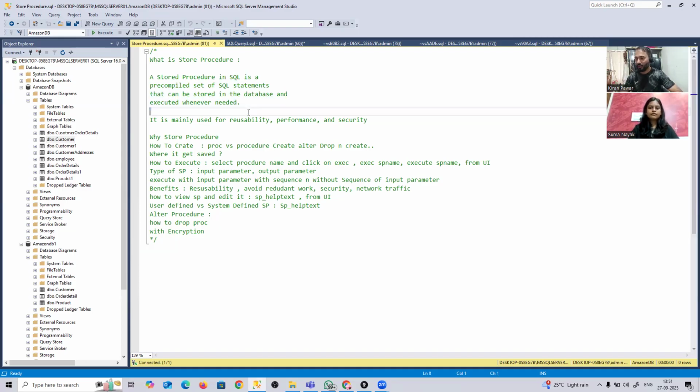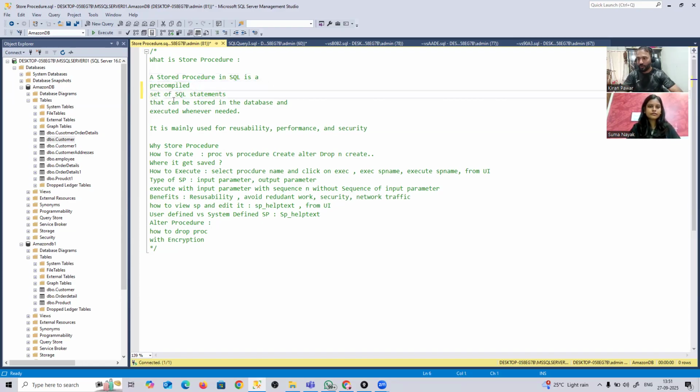You will understand everything. So a stored procedure in SQL is a precompiled set of SQL statements. What you should understand from this, just forget about the precompiled part for now. It is just a set of SQL statements, the queries that we write, select, joins, and some complex logic. In the last sessions we figured out some patient details, admitted within 30 days, so we have written some code, and that's some SQL statements. So simply, a stored procedure is just